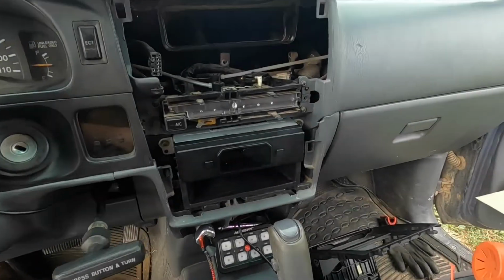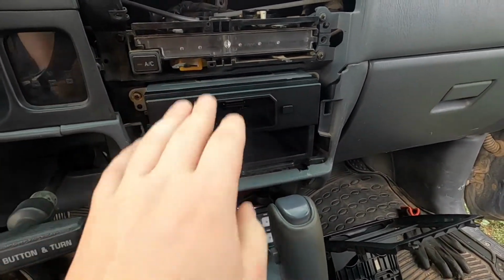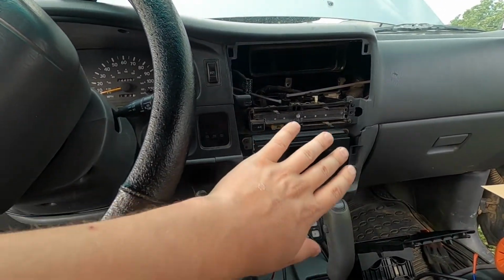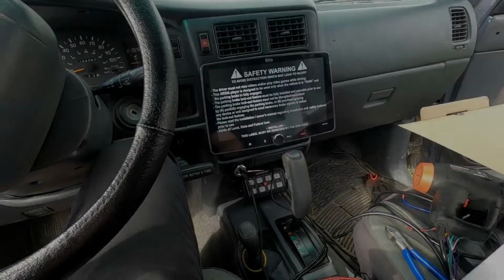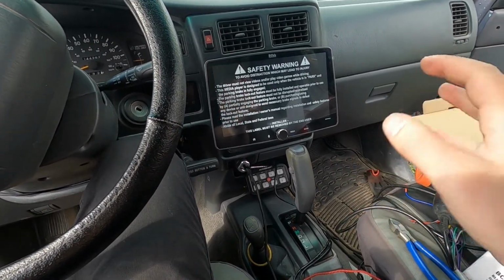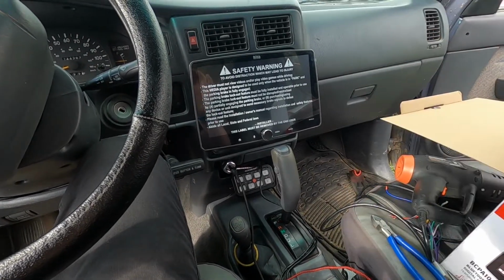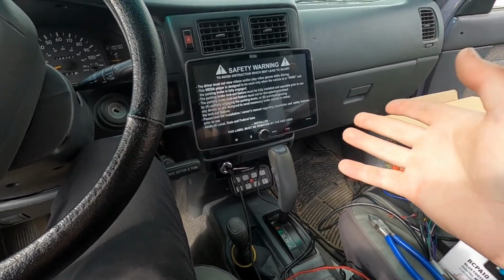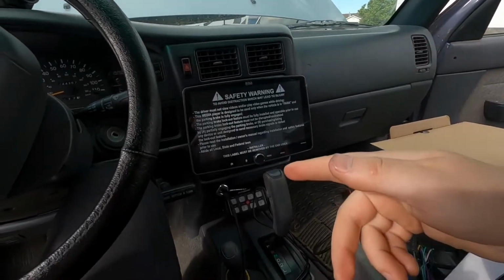All right, guys, it does not look like I upgraded at all. Looks kind of like I downgraded, but I think that's gonna be a huge upgrade. Let's get her finished, put back together, and then we're gonna reveal how big the screen is. Or should we tease you and go finish the 4Runner? Well, it's on. I will probably show you it tonight when it's all on, just to double show you that the screen is nice, and I'm gonna drive around today and use it, and I want to see what my impressions are. But let's go get the 4Runner done, and I already had that system in here, so that'll be